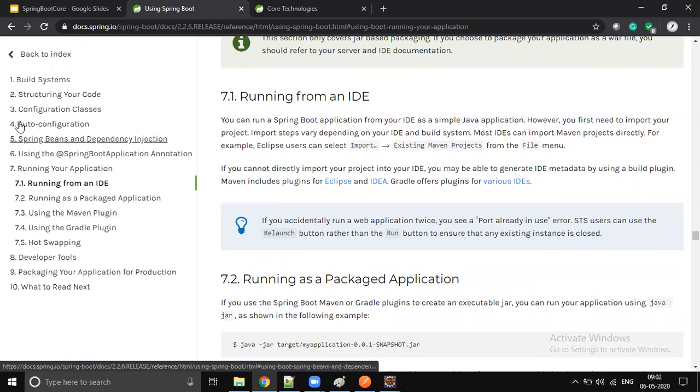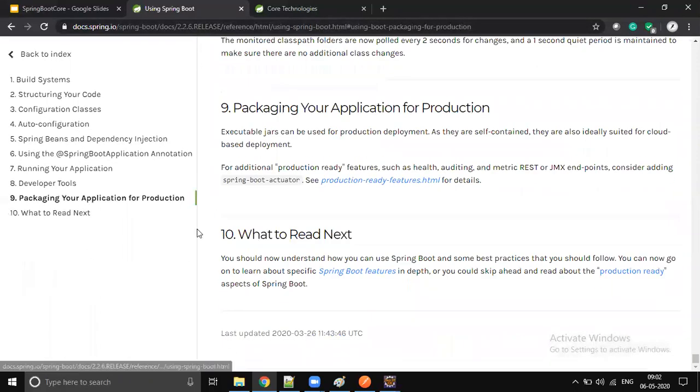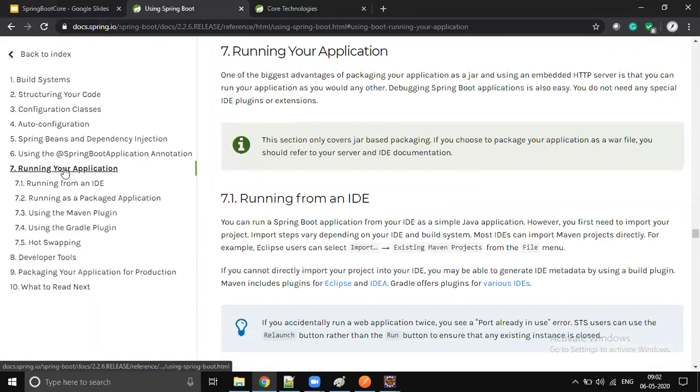Okay. So these two topics, auto configuration and developer tools, we will discuss whenever we are writing our first RESTful web services. So other than this, we are almost done with our using Spring Boot documentation. Packaging your application is nothing but how you are going to package your application for production. That will be covered now in running your application. Once I complete this, the only two topics which are missing are auto configuration and the next one, developer tools.